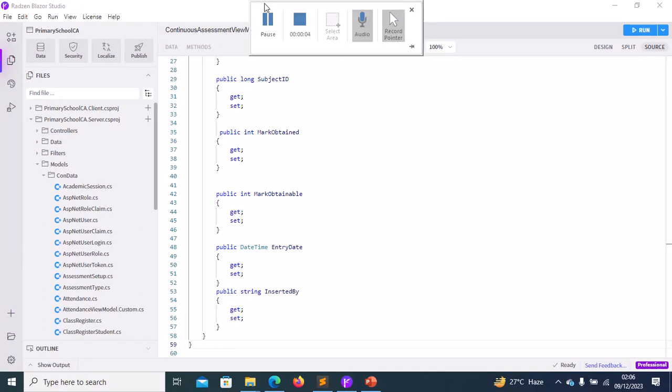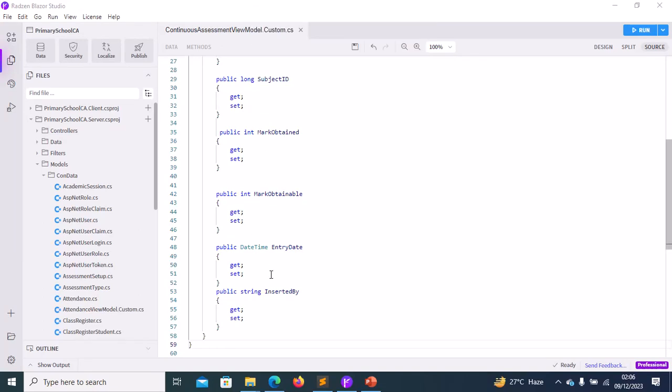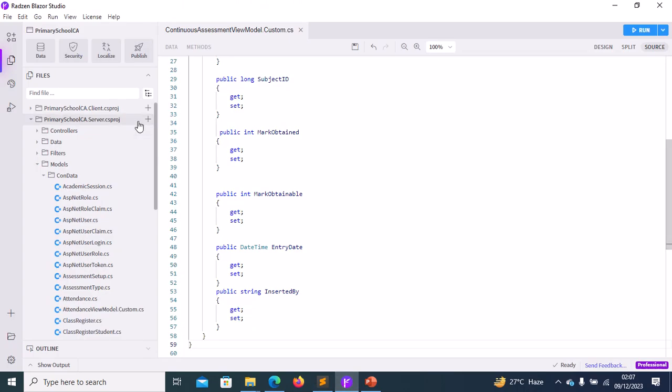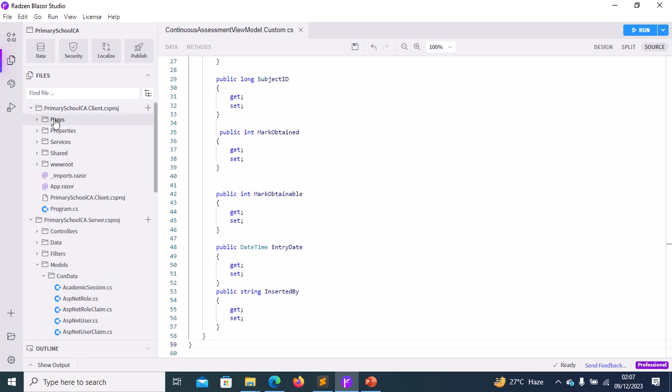So now the next thing I'm going to do is create a new page in the application. The name of this page is going to be bulk CA entry. So what I'll do is go to the client project and right click on pages. I'm going to say new page,